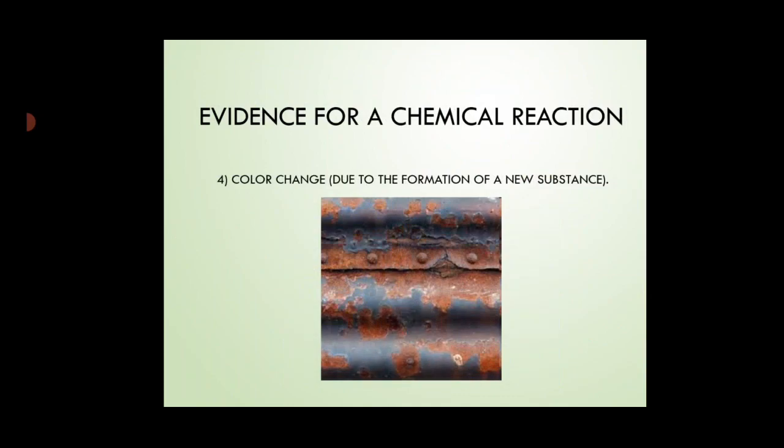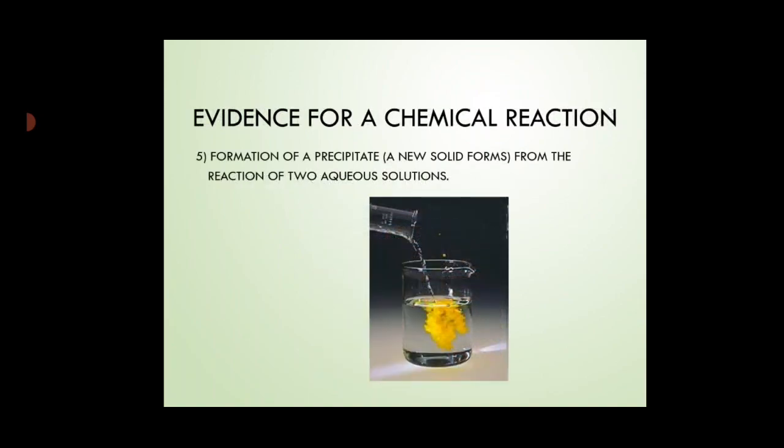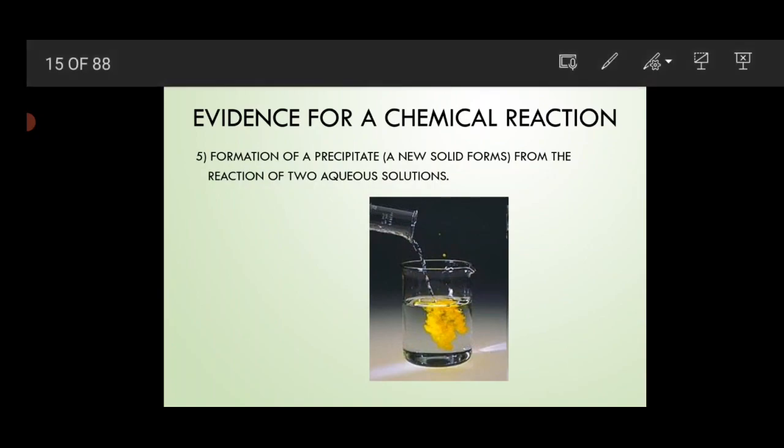So in many chemical reactions, you will see there is an evolution or release of many gases. Now the next observation is formation of a new substance or the change in color. In many chemical reactions you will observe that there is a change in color, like rusting of iron. Whenever rusting takes place, the color of the iron changes. That type of observation also shows the presence of a chemical reaction. Now in many chemical reactions you will see the formation of a precipitate. Here the figure makes it clear. Now what is a precipitate? The formation of a solid substance after the chemical change.